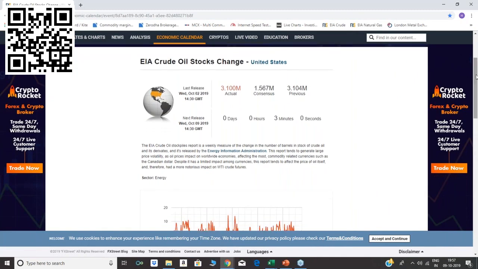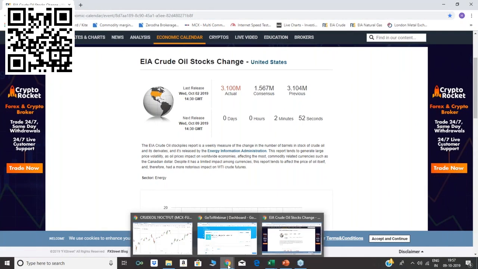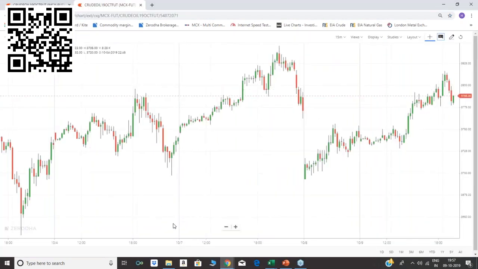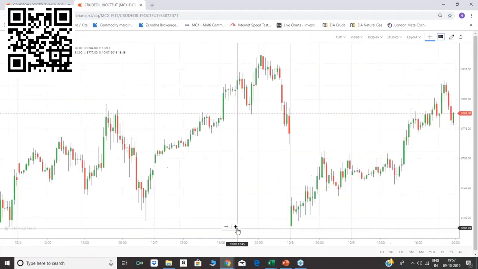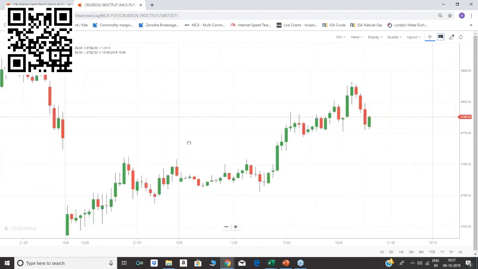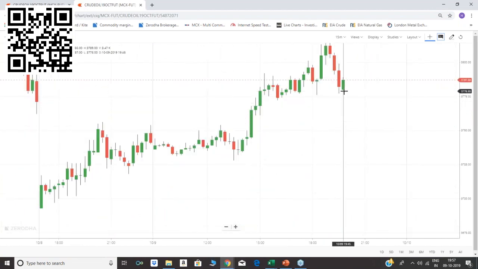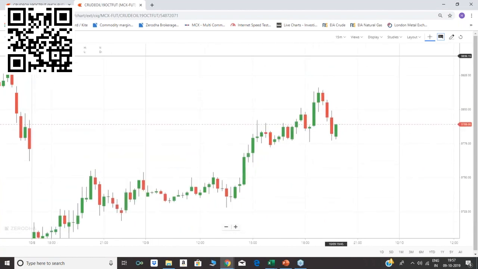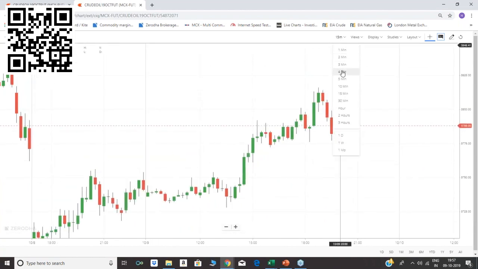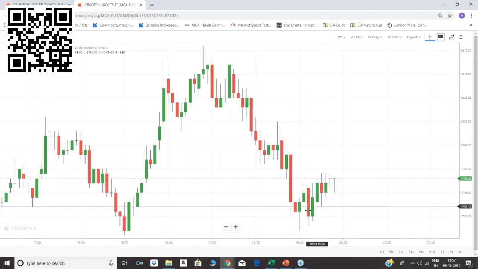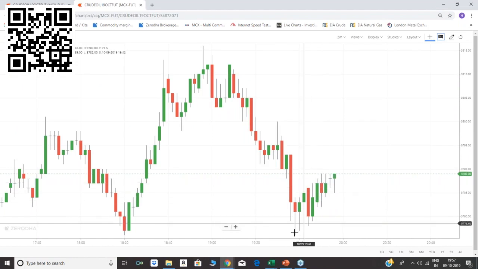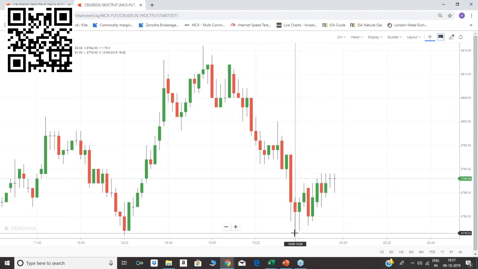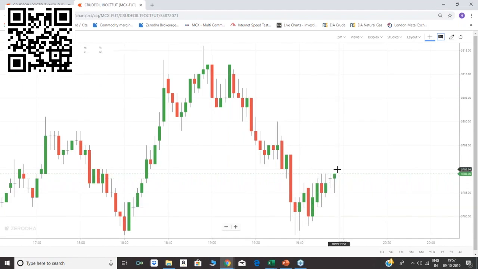Only 3 minutes are left. We'll wait over here and look into the chart. Charts are already open. You people want to look into charts? Look into the spike. See, it made the low in crude. Let us make it a 2-minute chart. See, from 38001 it made a low of 3776, and then again it is moving upward.